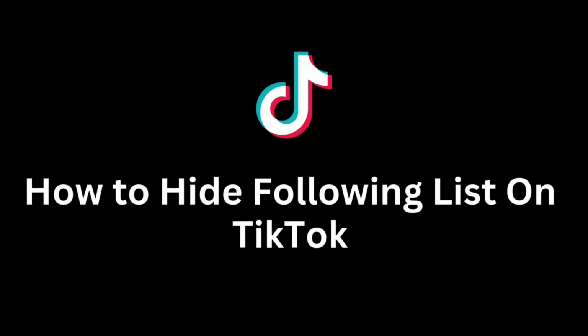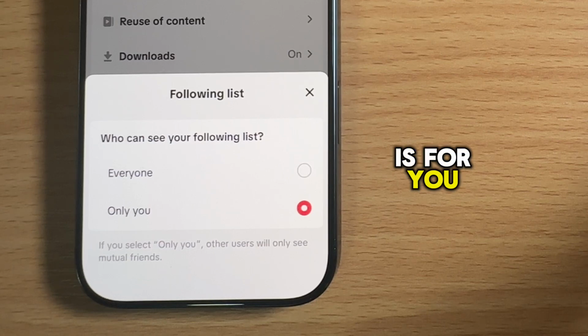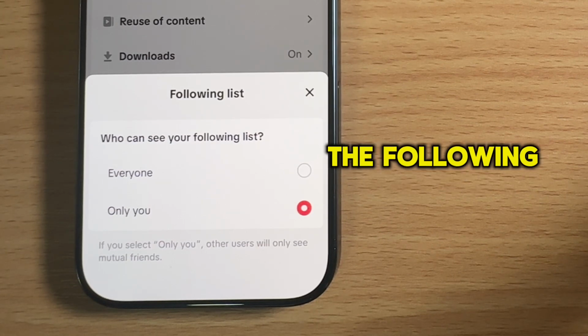Do you want to stop other people from seeing who you're following on TikTok? Then this quick video is for you, because I'm going to show you how you can hide the following list